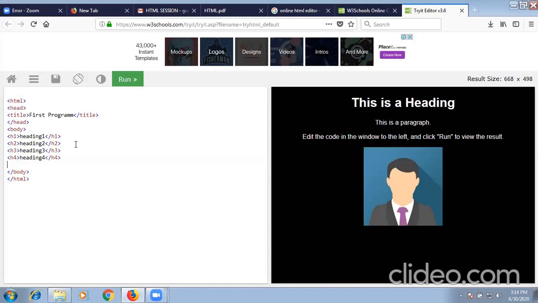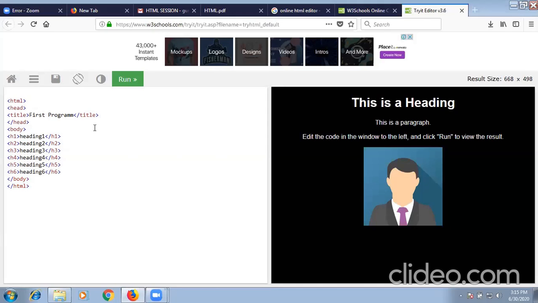Now second last is H5, heading number 5. Oh, slash is missing, slash H5. Then the last one is heading number 6, the tag is H6. Heading 6, H6.